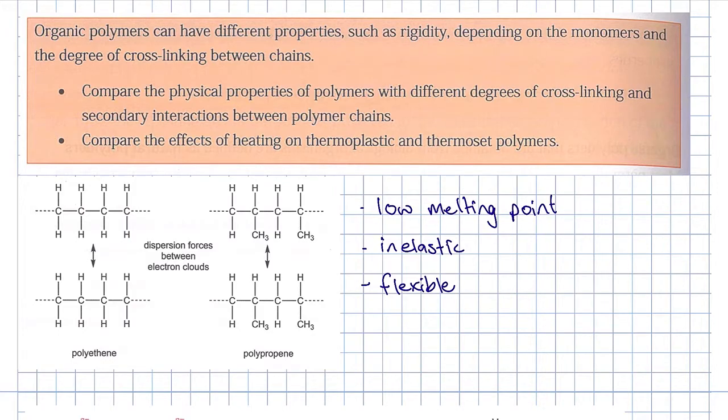And that makes sense with dispersion forces, because as you squish it, the shape changes and the electron clouds aren't fixed in their attraction. It doesn't matter, they'll all go and attract somewhere else. So it'll stay where it's been squished to. So quite inelastic. Makes them flexible. They can change their shape. Okay, so if it's only dispersion forces that are holding it, they're the properties you generally get: low melting point,